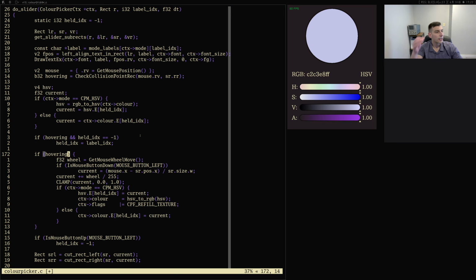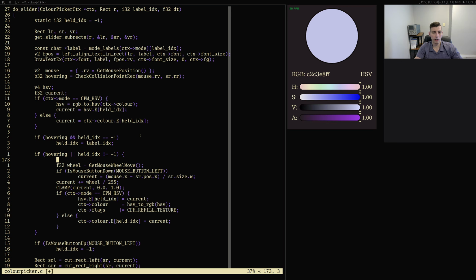Oh no, I see. It doesn't have to be hovering. It's if hovering or held index. And then in here, what we do is we do